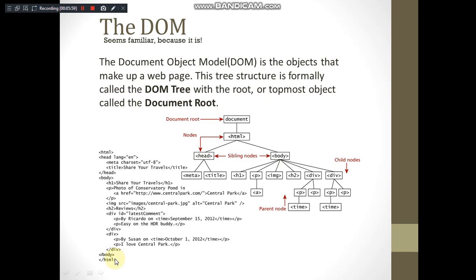So now we'll see how to construct a DOM tree for this. It always has a document root. That is nothing but we have to write document as a root, right? Document itself is an object of JavaScript. Then after that we have HTML as the first element, so we write HTML after document. Within HTML we have two sections of the document: one is the head section and the other one is the body section.